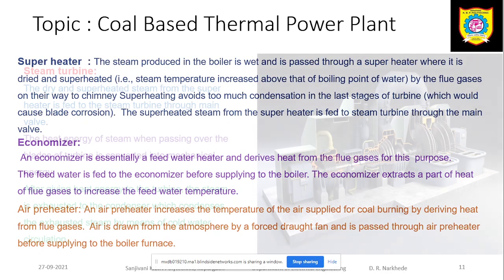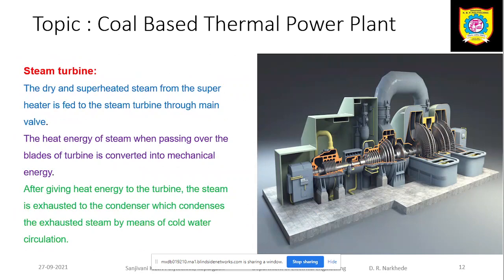Then next, the steam turbine. If you are going to see how the turbine looks, this is the turbine. The turbine has this type of blades. These are the blades of the turbine. This is a 3-stage turbine, and we can see that the size of the blades goes on reducing. We only need to concentrate that turbines have this type of blades.